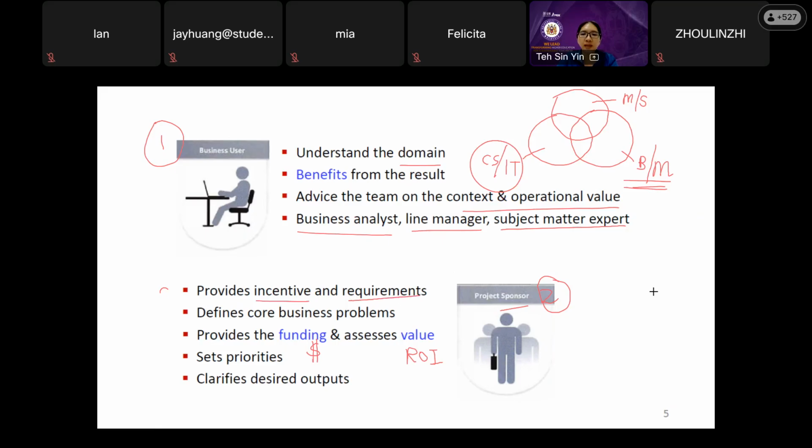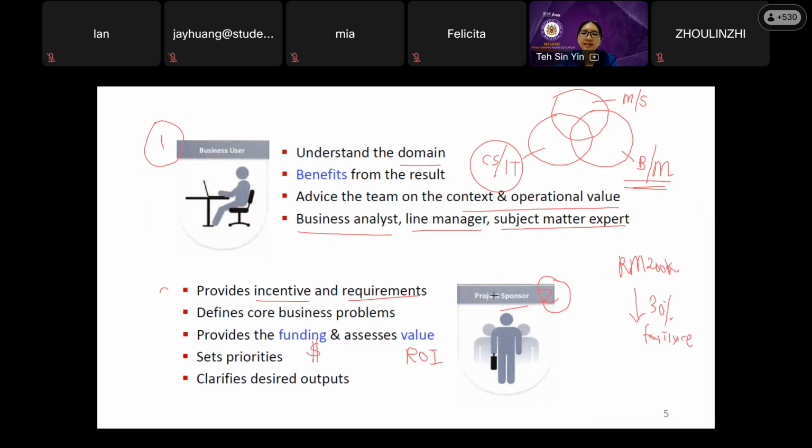So if I give you money, I say I want to reduce the defects by 30%. Let's say I give you RM200K for this small project. This 200K is my incentive, and my requirement is I want to reduce 30% of the failure.